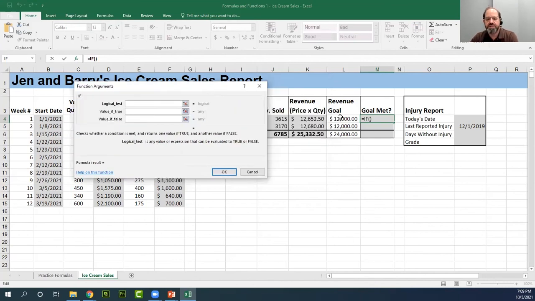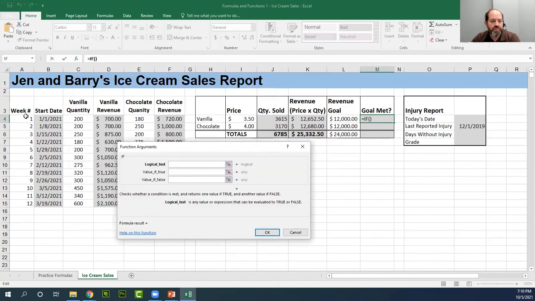My question is, is my revenue greater than the revenue goal? And if so, I want to say the goal was met. I'll say yes. And if my revenue was not greater than the revenue goal, then my goal is not met, and I'll say no. So the logical test for this row 4 for the vanilla, my logical test is